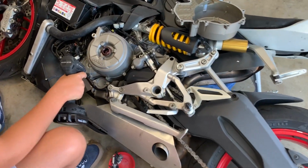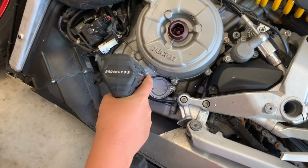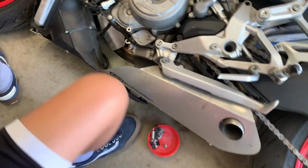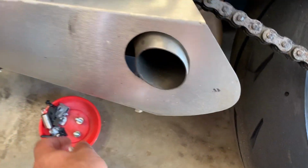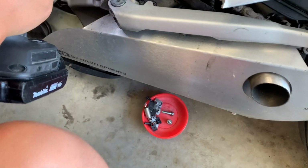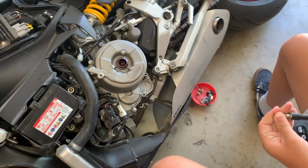Take these off. Yeah. So we got to take all these bolts off, all the way around. That's not that bad though. Are they all the same length? No. Okay. So you got to remember how they come out. All right. I was expecting these to be super tight, but...